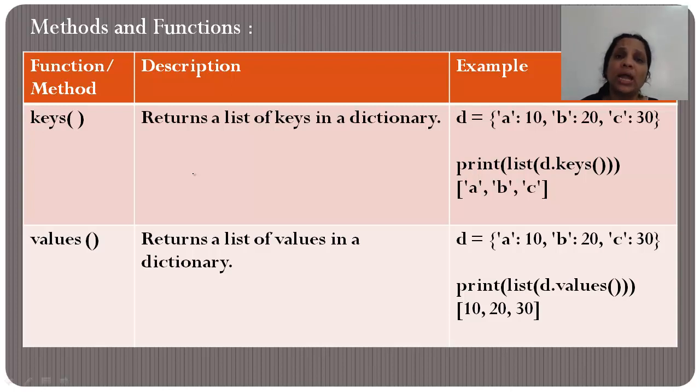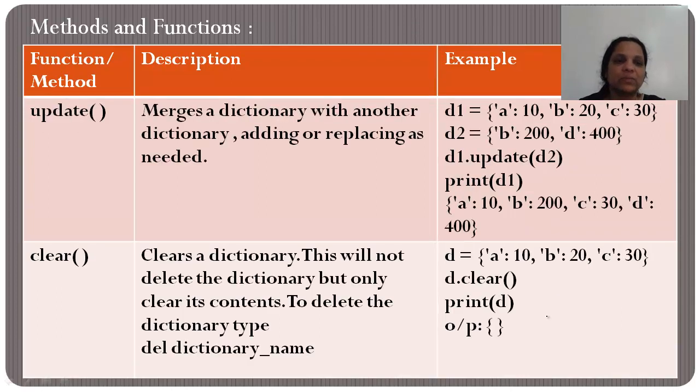But we don't know how to handle these, so what do I do in my program? Very easy. I just say, turn it to a list. When you write list with some parameters, it says convert this to a list. So I got the list of keys and I get the list of values. Okay, next. These are the last two functions of our dictionary class. One is update and one is clear.